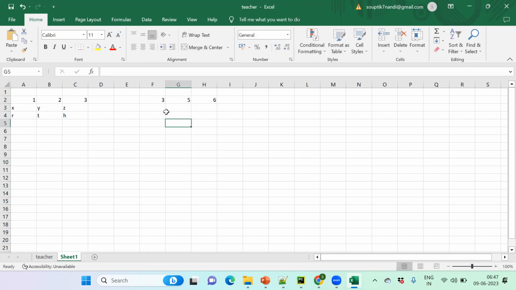These are the column headers, obviously. T, Y, Q. Okay, if you can remember, while doing the union all operation or union operation in SQL, it will be only